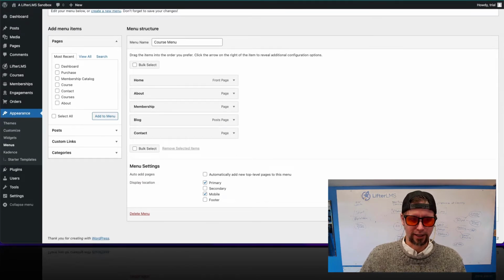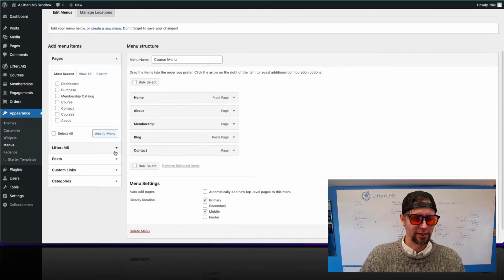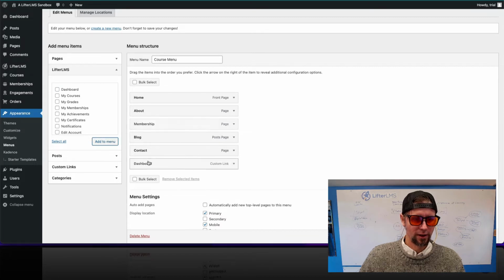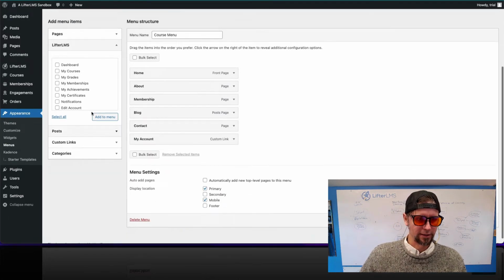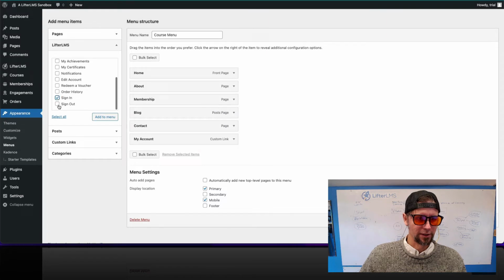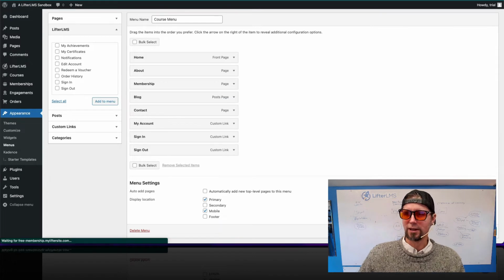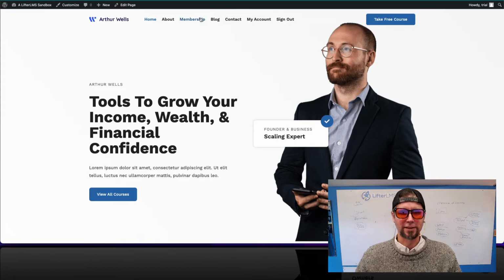And we'll also add the LifterLMS options. So we're going to add the student dashboard, and we'll just call it my account. And then we'll also put in these conditional sign in, sign out menu items. So we've got that. And now if you look at our site here,